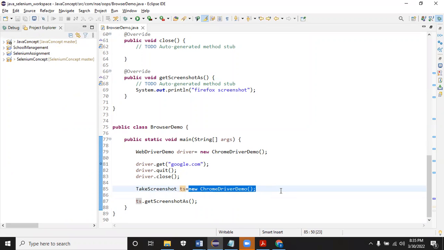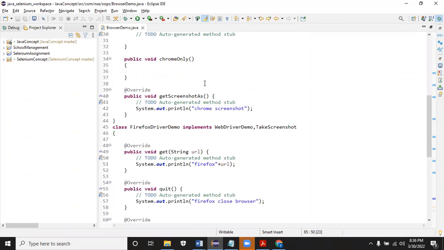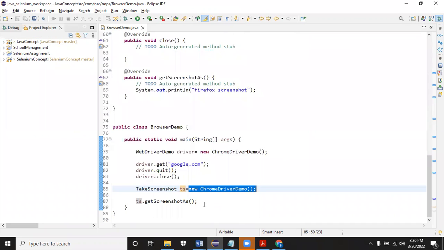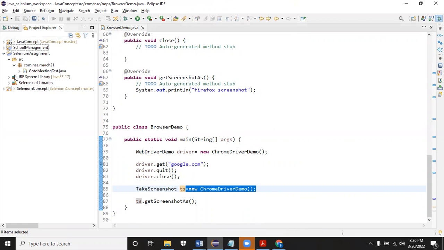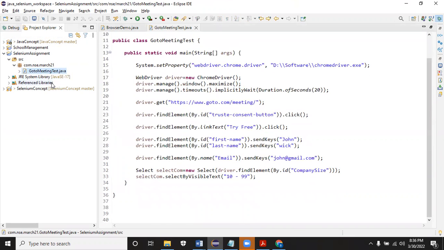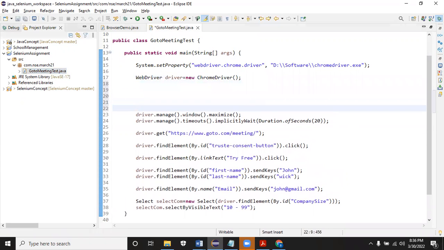New Chrome driver, what I'm doing. Let's take this class from the Selenium jar only. You see here, new Chrome driver.